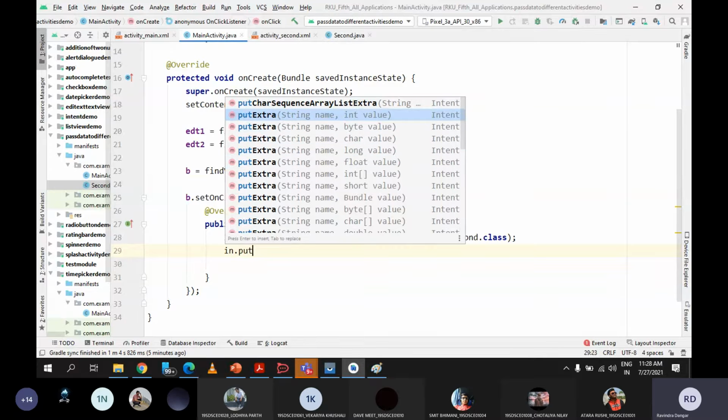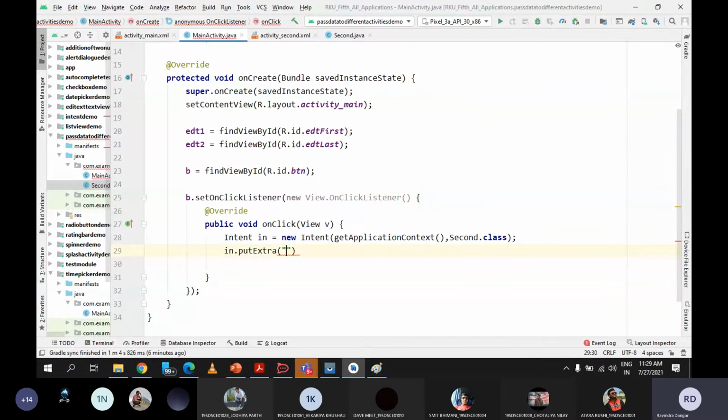See here in the first parameter you can see string name, which is your key. You can give any key, but whatever key you give here, you need to remember that. And second parameter can be your value, and your value may have any data type. Your value can be of integer data type, it can be of byte, character, float, string, whatever. It's up to you. So let's click this method put extra, and here I need to first define the key. Let's say key 1. I am giving key 1, and for this key I need to give the value. You can see this is the value. Whatever value I want to pass there, that I need to write here.